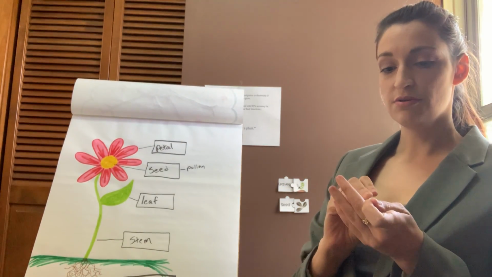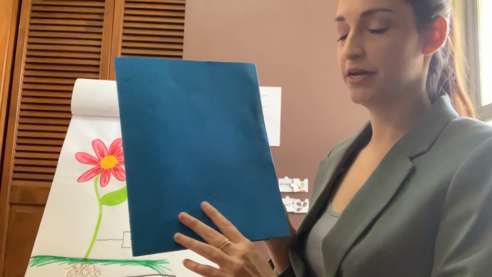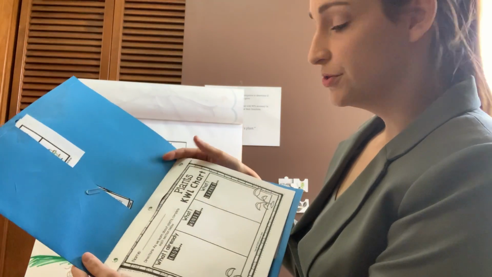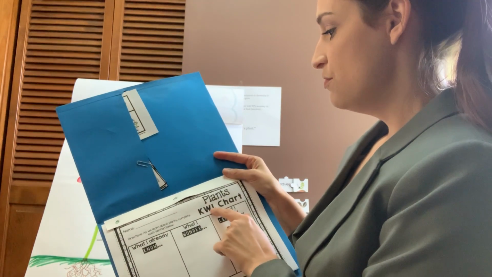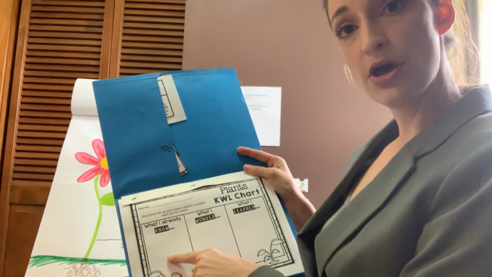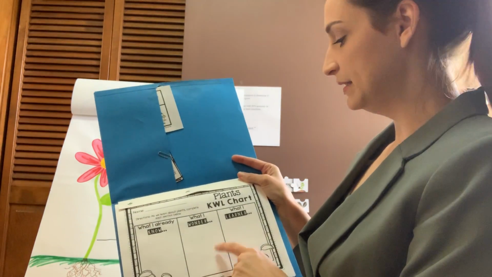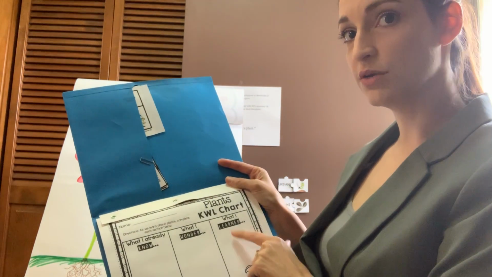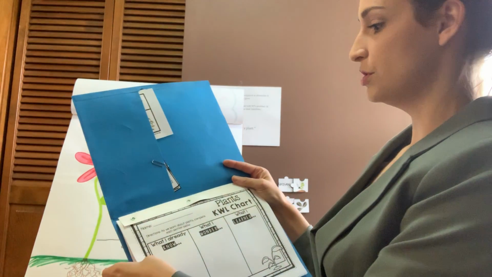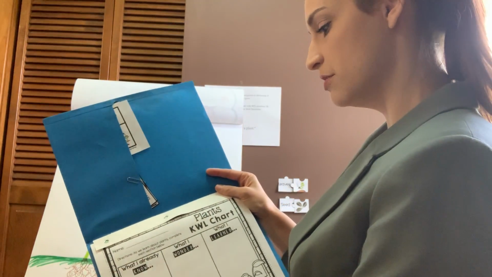So now, I want you to get out your investigation journals, your plant journals. On the first page of your plant journal, you have a No Wonder Learn chart. We're going to fill out what we know about plants, what we wonder about plants, and later, at the end of this week, we'll fill out what we learned. So I need you to do this page, write down some things you know and some things you wonder,